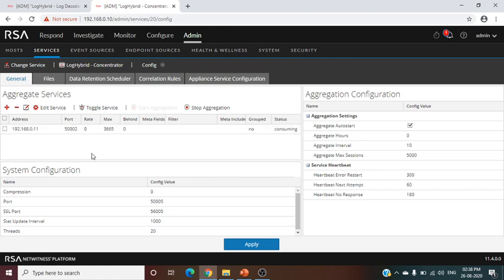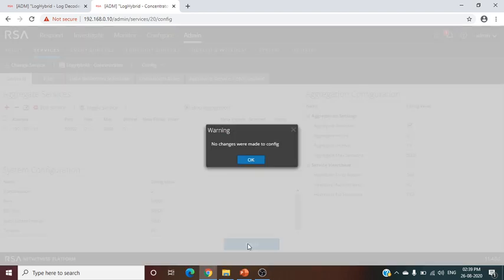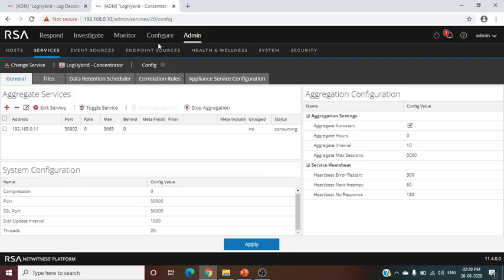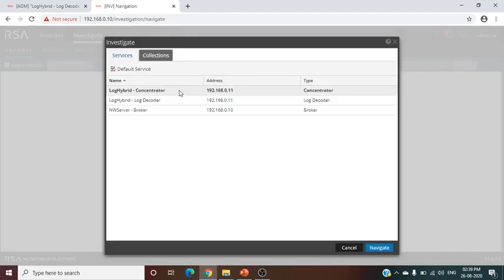Now the decoder is sending data to the concentrator for aggregation and indexing, and aggregate auto start is checked. So we have completed the basic configuration in RSA NetWitness after installation, and also we have verified we are receiving logs in the investigate tab.